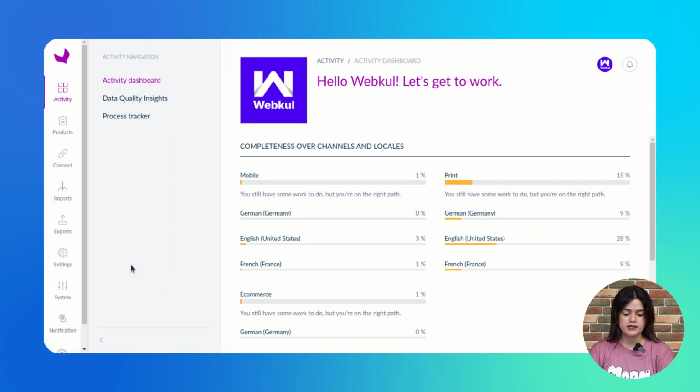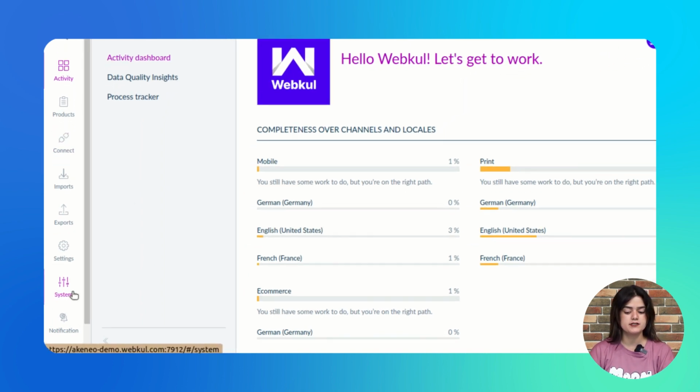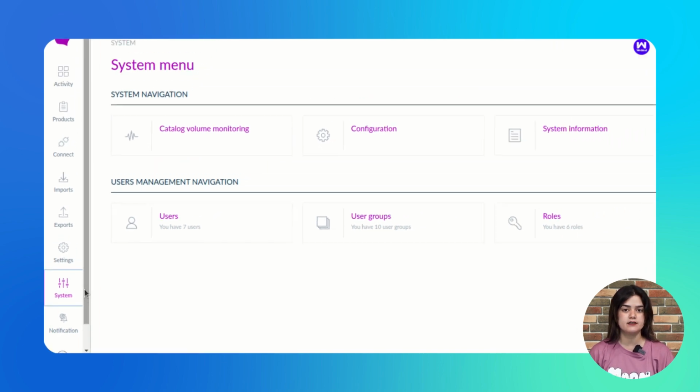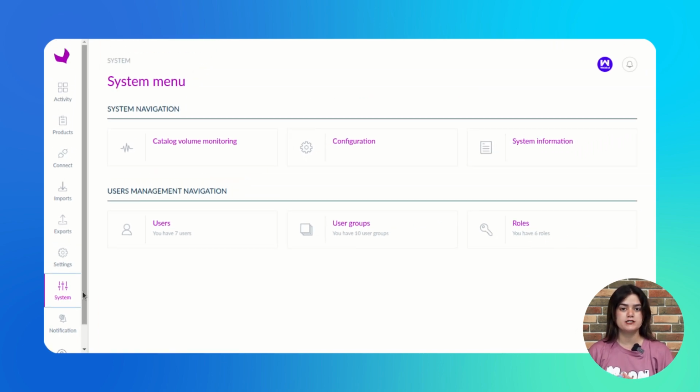Before proceeding ahead, you need to create the users and user groups as well. For that, you need to navigate into the left navigation, and here you will find an option of systems, and here you will get the options to create users and user groups as well. Along with that, you can also assign the permissions inside the role section of that particular user management navigation.